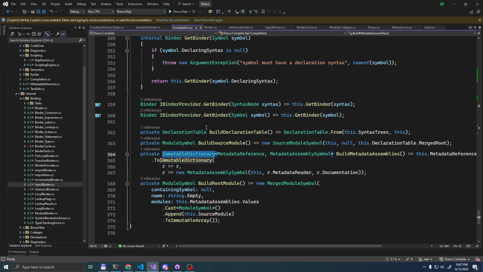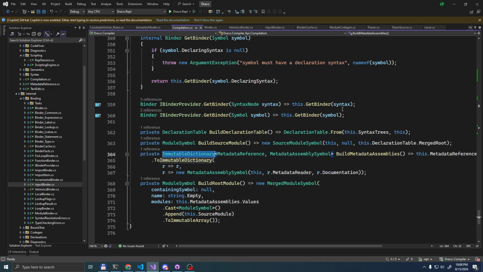We just need to rebuild these per metadata. So we don't really want to have an immutable dictionary here. What we want is a dictionary that optionally has an already cached metadata assembly symbol associated with it, in case that symbol is instantiated for the metadata ref.